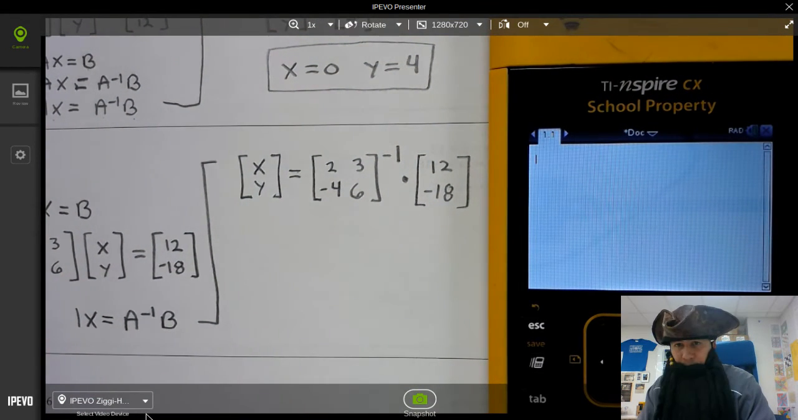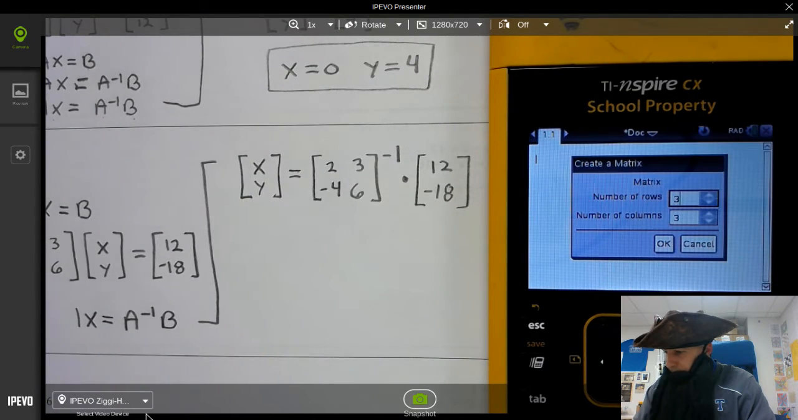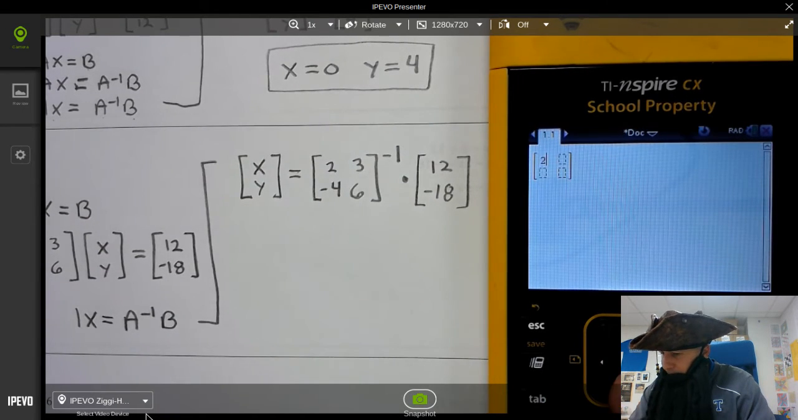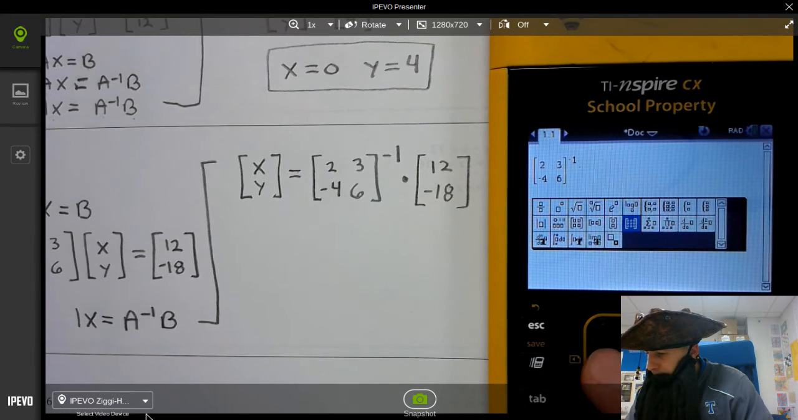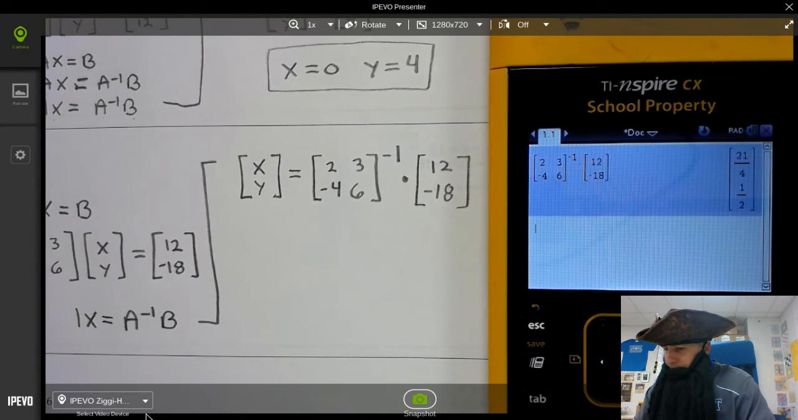And we're going to plug it in. So we're going to do the button to the right of 9. And then we're going to put, it's a 2 by 2. So 2, tab 2, not 32. Press enter. So that's 2, -4, 3, 6, -1 times button next to 9. And then 12, -18. And so you get